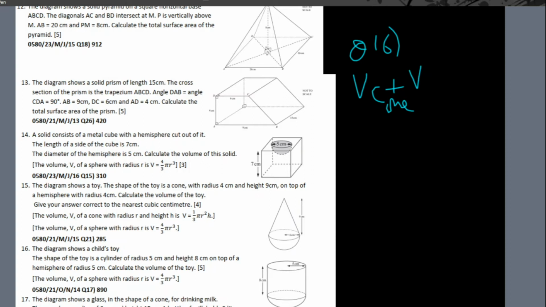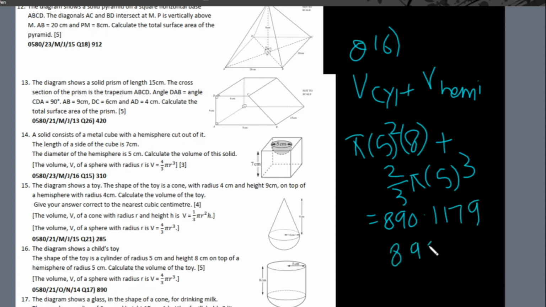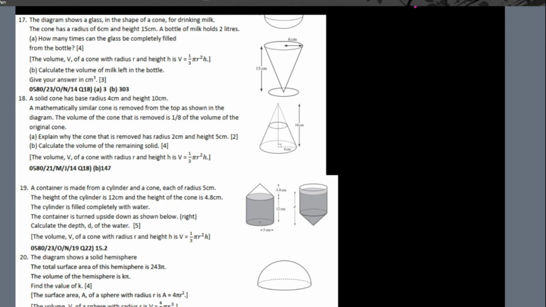So volume of cylinder plus volume of hemisphere. So volume of cylinder is pi r square h plus volume of hemisphere is 2 by 3 pi r cube, and the calculator gives us 890.1179, and rounded off answer correct to 3 significant figures is simply 890. Question number 17,